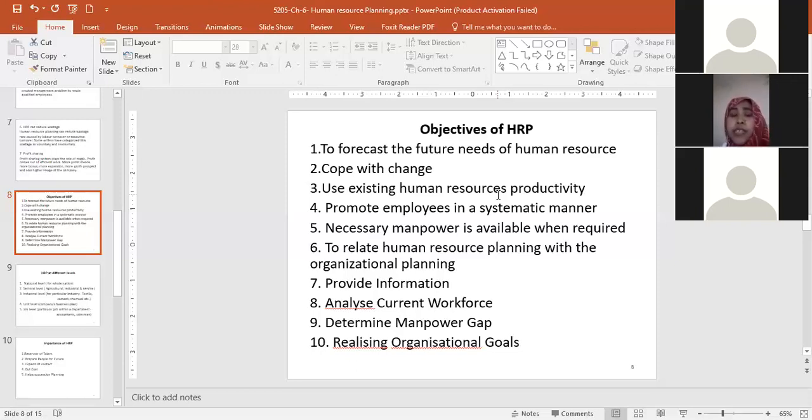In our last chapter, we discussed the environment of human resource management, the external environment and the internal environment. So a company needs to cope with change. And the third objective of human resource planning is